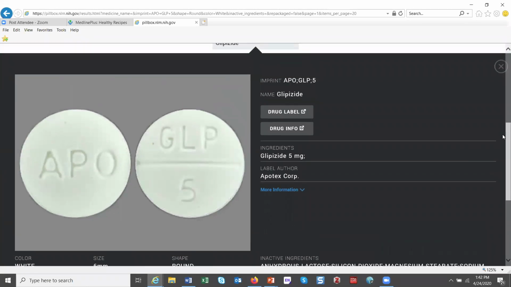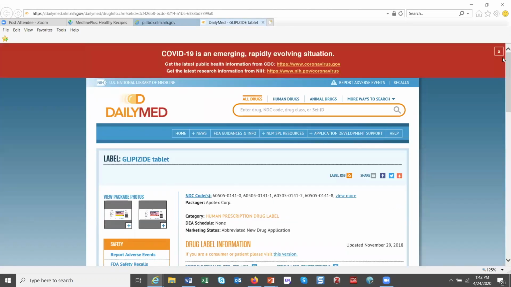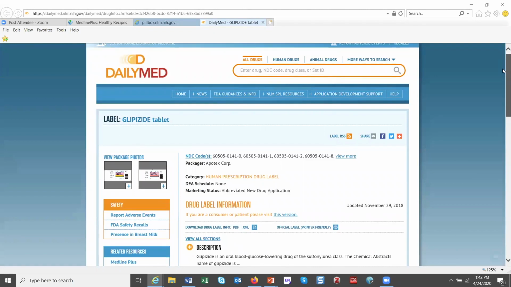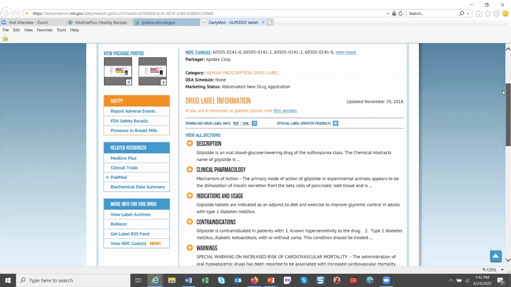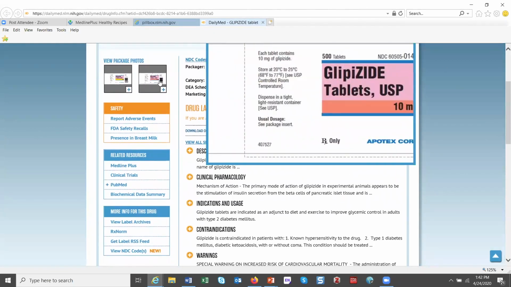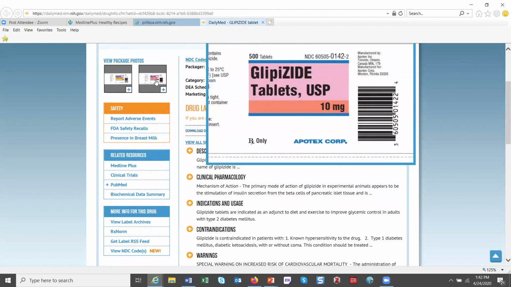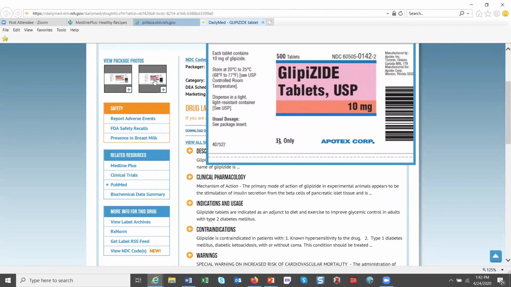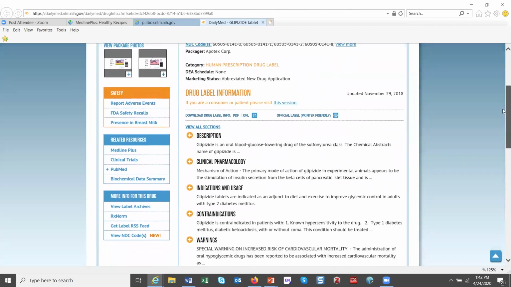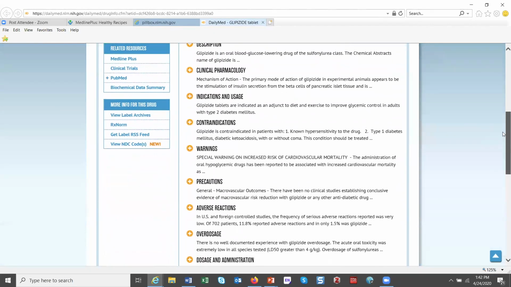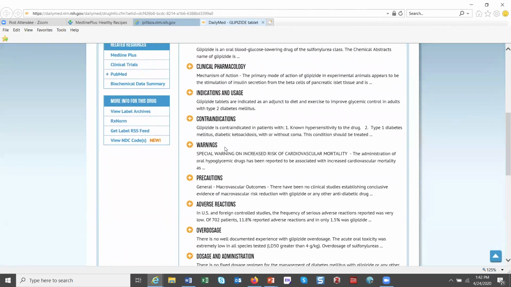And then I wanted to point out this drug label link, which takes us to a website called DailyMed. DailyMed provides the drug label information. So anything that you would see on the front of the bottle or the side of the bottle, they have it listed here. So they'll describe the drug, how you use it, any warnings, any side effects, what to